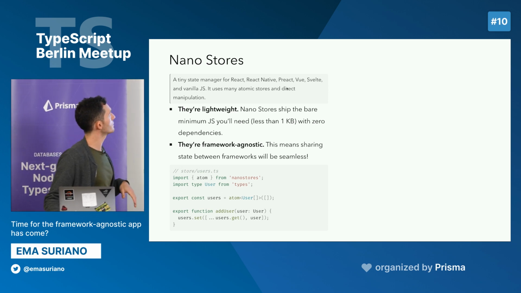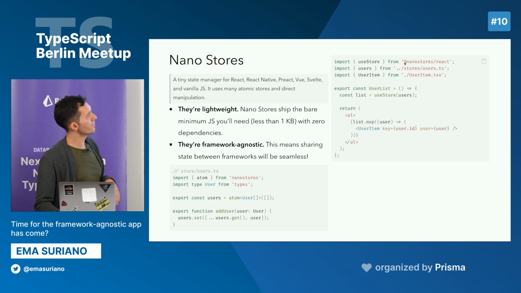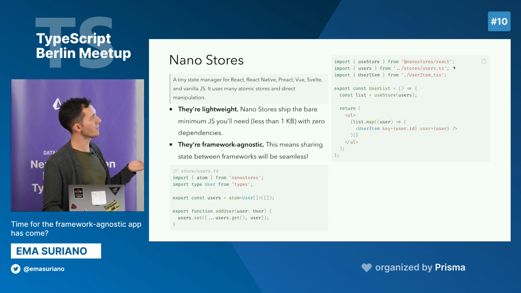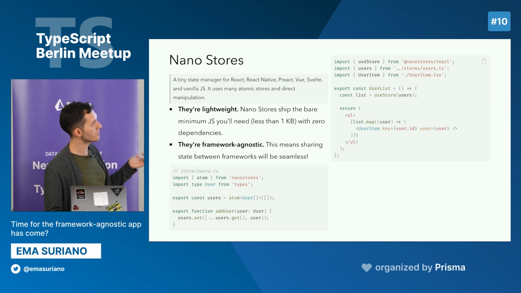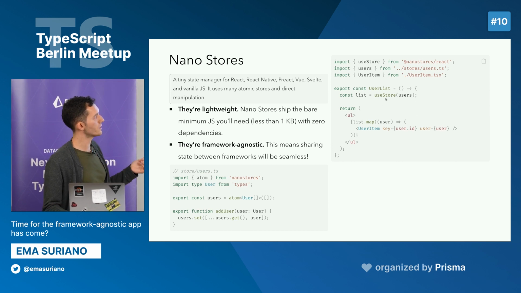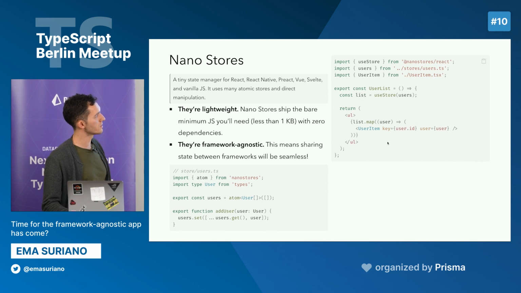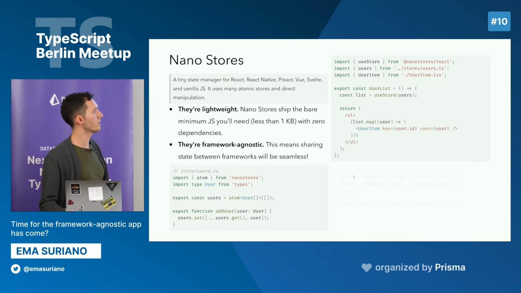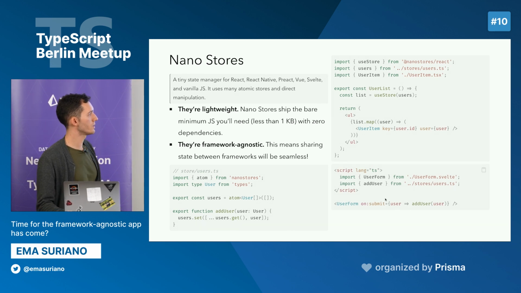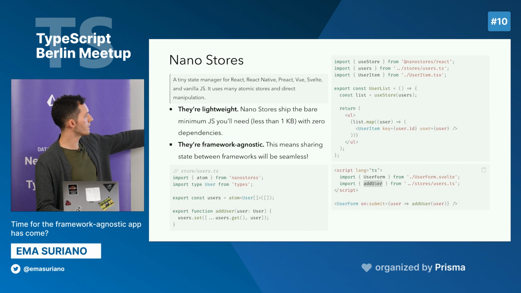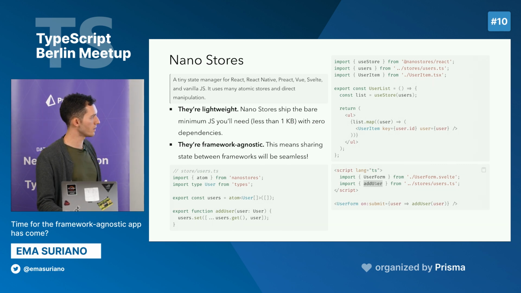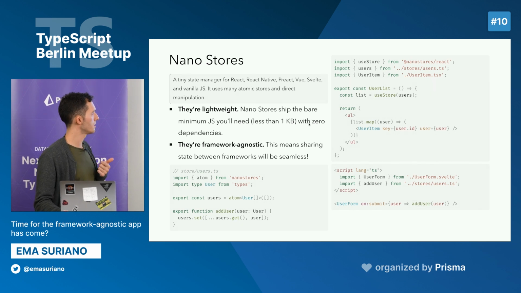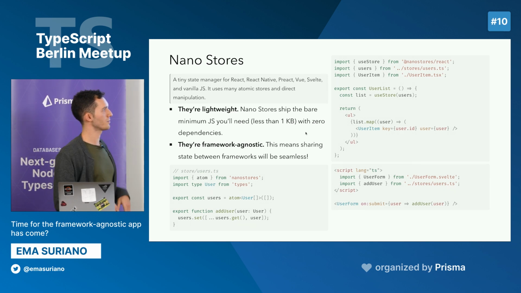And then also, what Nano Stores is doing is shipping some sub-packages depending on the framework that you're using. So in case you want to use nano stores with React, you already have a hook for it. And then here we are reading the list of users and then mapping through it. And let's say that we are working in Svelte. We can just simply get the helper that we defined here. And then when we are calling the submit of our user form, then we are going to communicate it. So in theory, if we add a user here, then we should see it on this list. So it's, I don't know, a very simplified Redux without all the reducers.